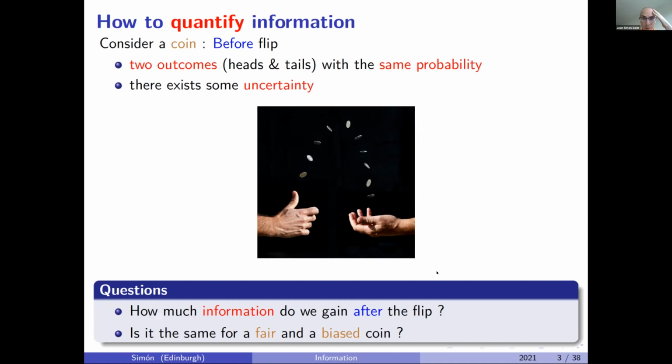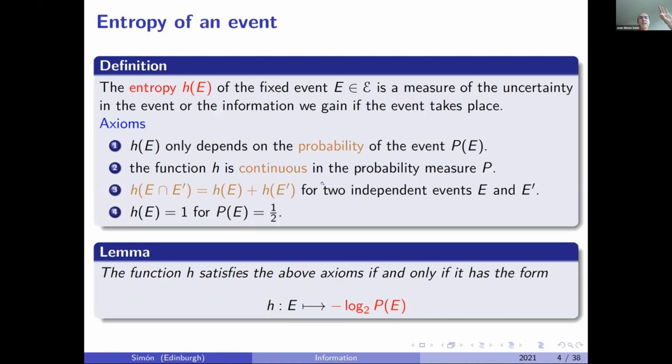Okay, sorry. So this was the coin discussion, and these are the axioms that I was referring to. If I focus my attention on a single event, the discussion between the fair coin and the biased coin was to point you to the fact that we want this function to be just a function of the probability. If we require this to be continuous, and for independent events, whatever we are looking for splits into the sum, because there is no correlation in how we compute this probability, it turns out that up to this normalization axiom, which is just an issue of units, or if you are more mathematically oriented, the base of the logarithm of the answer, the function is unique, and it gives rise to this log base 2 of the probability